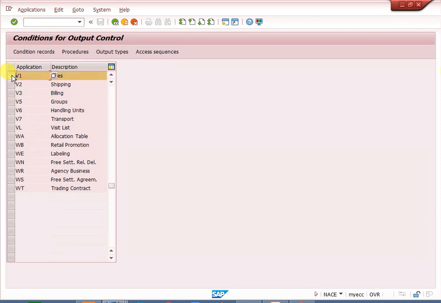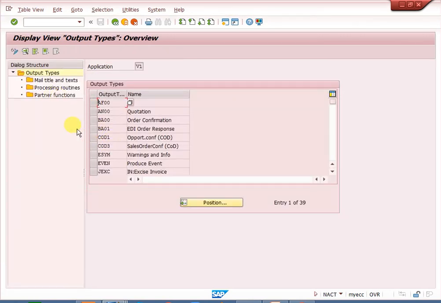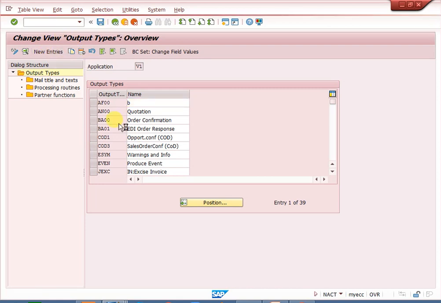We can select sales, go to output types, and it will show all output types. Also, if you want to change the procedure, you can change it here. You can create new or copy new output types. This is a shortcut, but all the configuration for new entries comes in the NACE transaction.